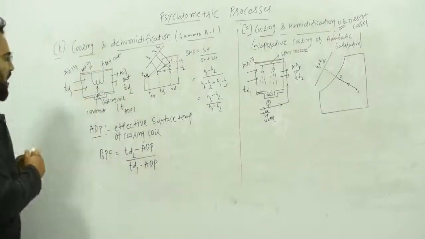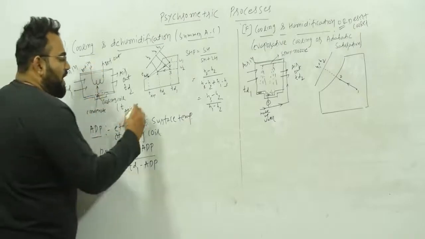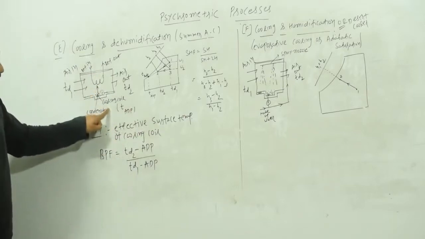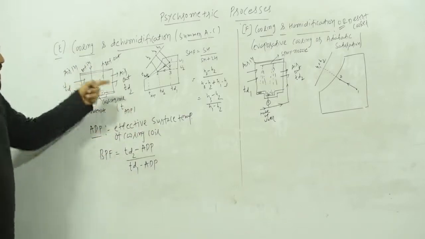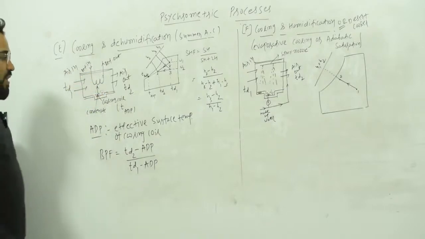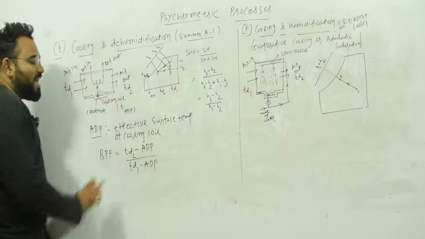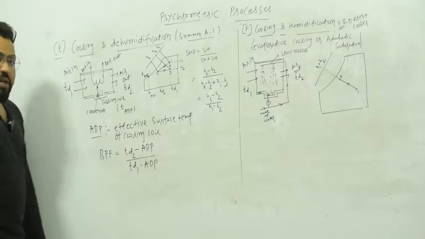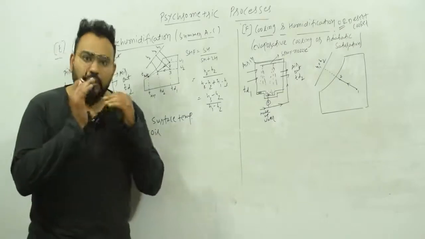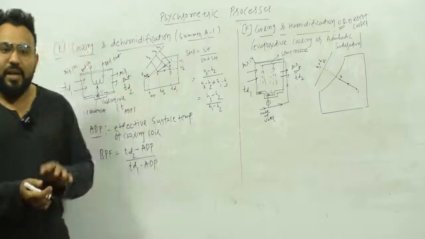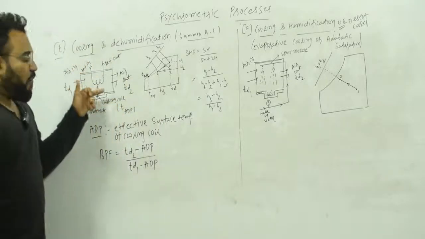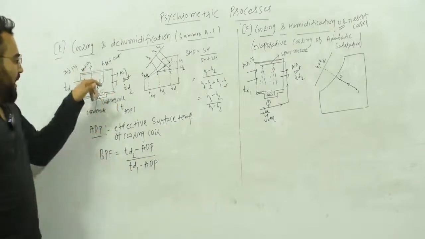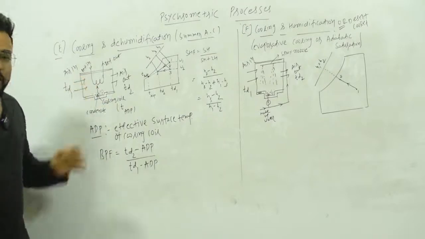For that, our logic is that the cooling coil temperature should be at the dew point temperature of the air coming in. So the cooling coil temperature is TADP, apparatus dew point. The cooling coil is at dew point temperature. You know the definition of dew point temperature, so what happens if air reaches its dew point? We have systematically maintained the cooling coil at the dew point temperature of the incoming air.